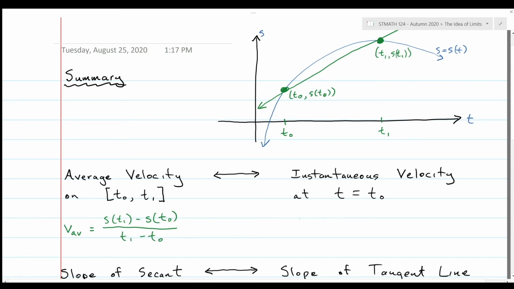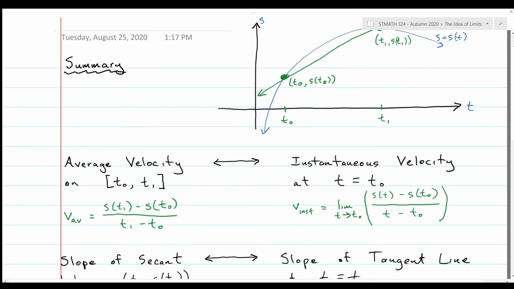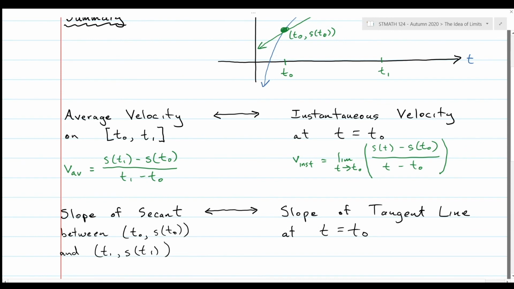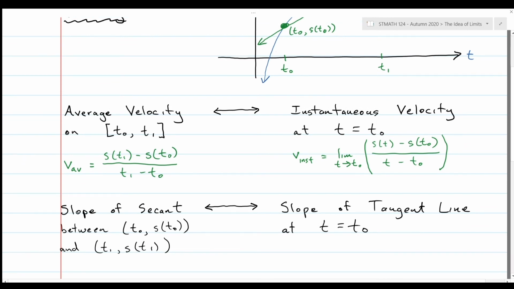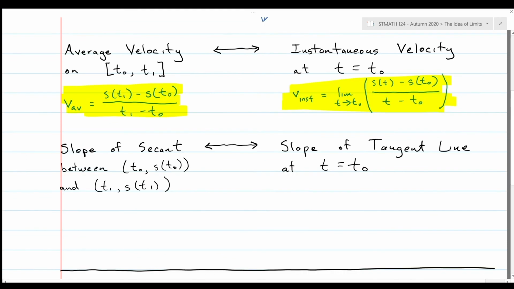And then if I want the instantaneous velocity at the point t equals 0, let's say, then V instantaneous would be our limit. As we put in values of t that are getting closer and closer to t0, the expression that we plug the values of t into is the average velocity formula. So it'd be S of t minus S of t0 over t minus t0. And you can plug just about any values of t that you want into that formula, except you can't set t equal to t0, because then that would make it 0 in the denominator. As we already saw,